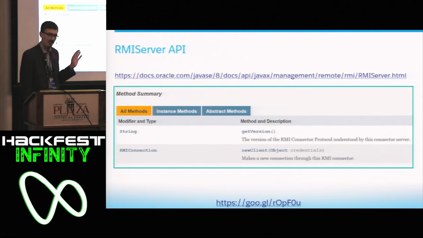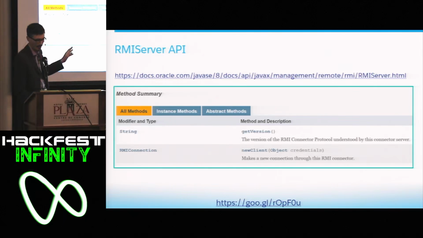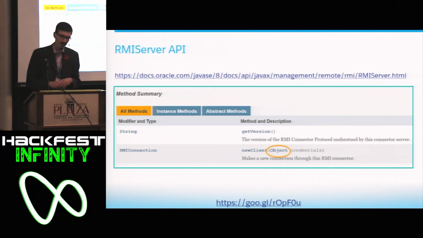So if you look at the RMI server API, that's what we use to call the new client method on, right? If you look at the new client method where you pass in the credentials, it's not strongly typed. It's an object. It's not a string. It's not an array of 2 strings that they're specifying here. It's just an object. So you can just, on the client, create whatever object you want, call the new client on the remote object,